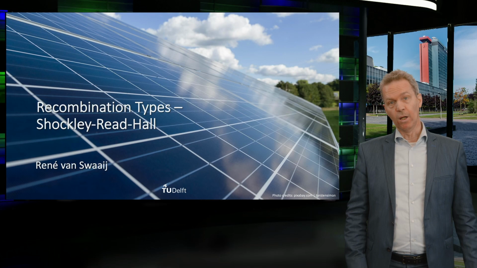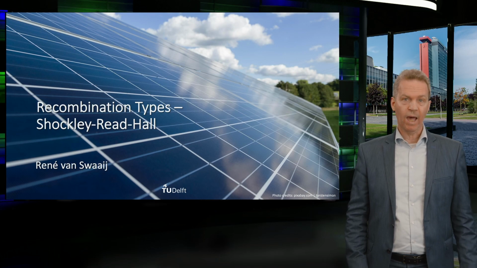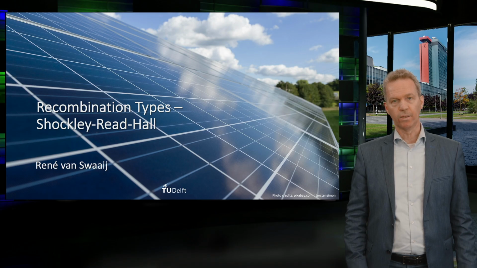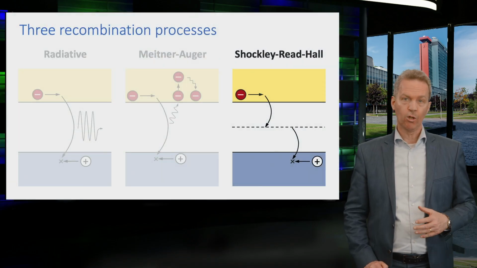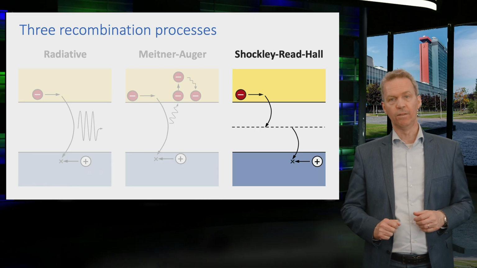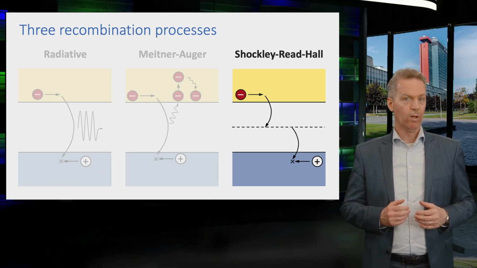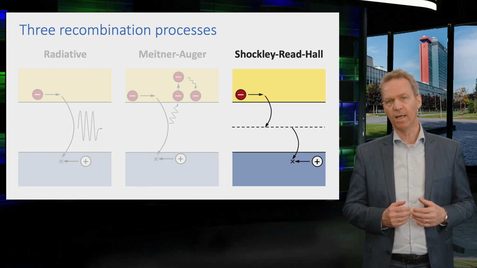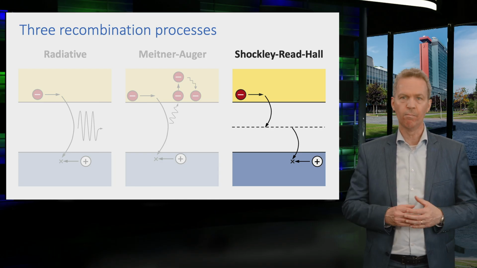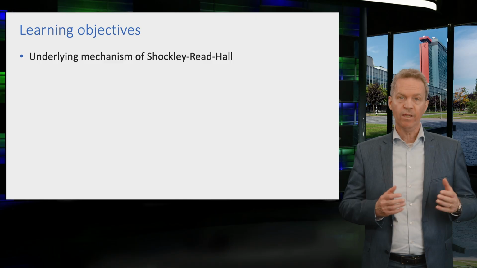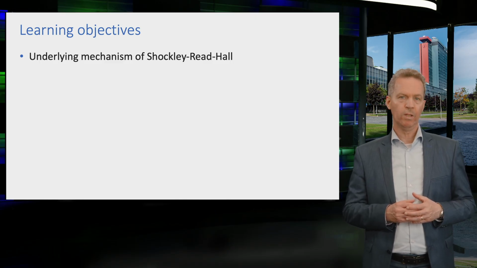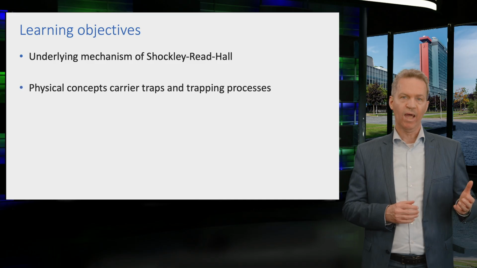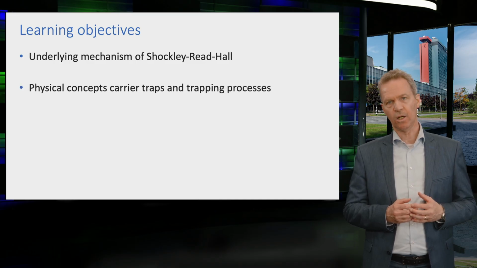In the previous video, I have shown how radiative and Auger recombination works. The third mechanism that I will discuss is Shockley-Read-Hall recombination. This mechanism is the most important recombination mechanism in silicon-based solar cells, and we will therefore discuss it in more detail. In this video, I will first explain the underlying mechanism of Shockley-Read-Hall recombination, and then some concepts are discussed concerning